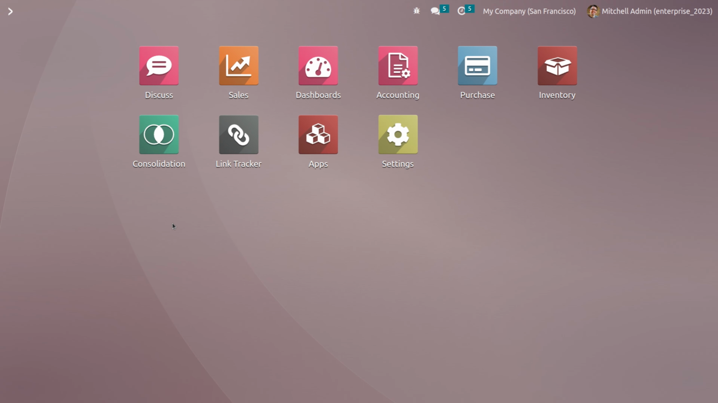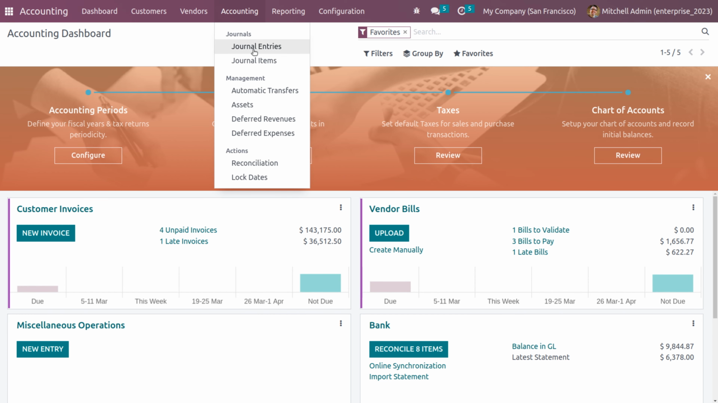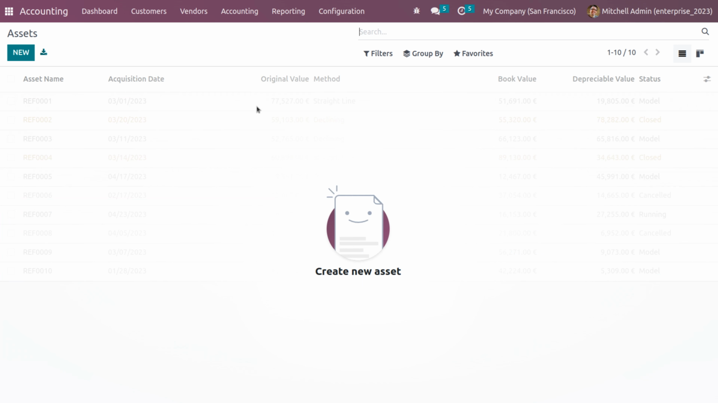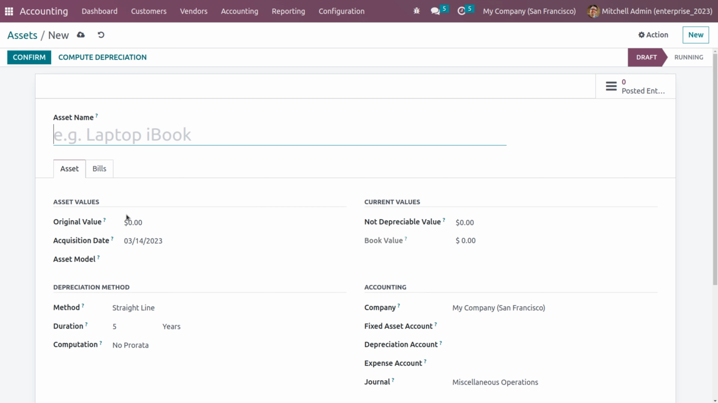In order to manage the asset, just get into the accounting module, and under the accounting tab you can see asset. If you want to create a new asset for your organization, you can click on new. Once you click on the new button, you can see that a new window is visible here, and here we can give or specify the name of the asset. So let the name of the asset be laptop, and here we can see two tabs, that is asset and